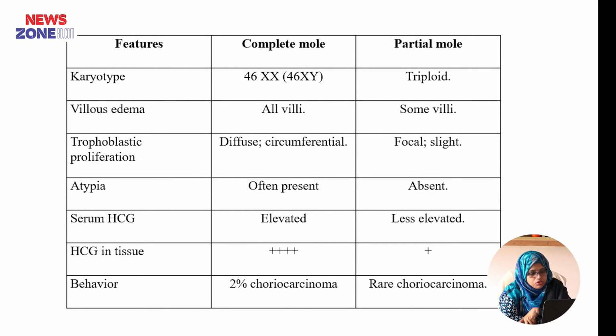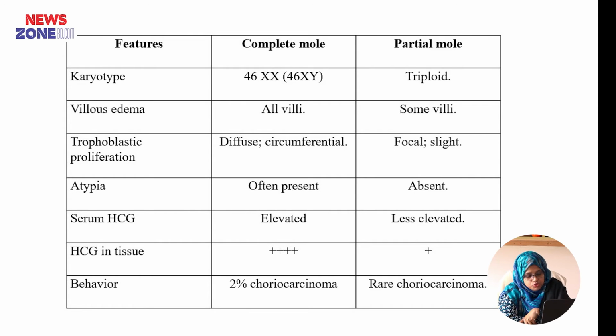What are the differences between the complete mole and the partial mole? In karyotype, the complete mole may have 46XX, 46XY. In partial mole, it may be diploid. The villi are edematous in case of complete mole, but only some villi are edematous in case of partial mole. And the trophoblastic proliferation is diffuse and circumferential in case of complete mole, but focal and slight in case of partial mole. Cellular atypia is usually absent in case of partial mole, and the beta HCG level is markedly elevated in complete mole,